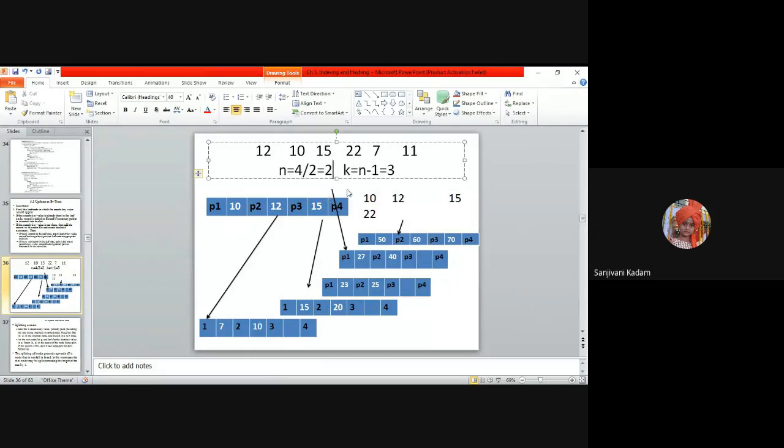The first 2 elements we keep in the node as it is, so 15 will be removed from this node.